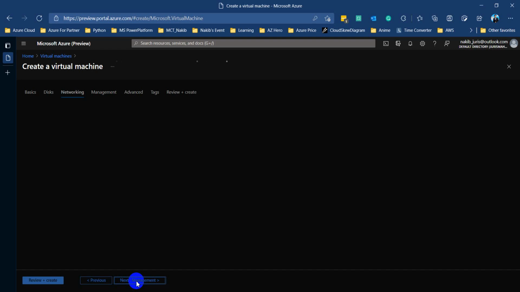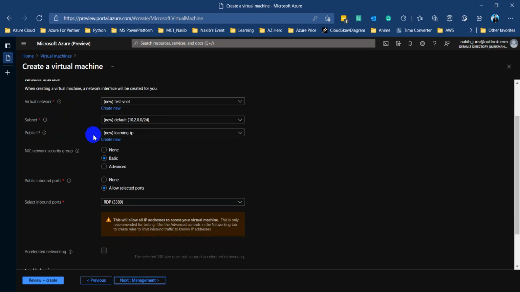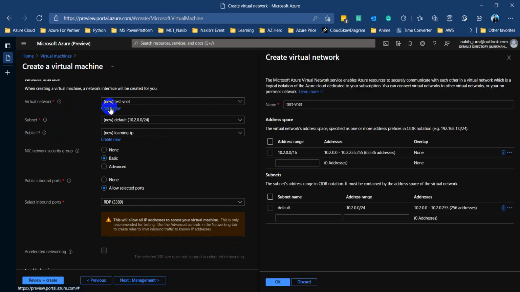So I'm clicking next. Here is the network part. If you have a specific network policy or network connectivity requirement for your organization to connect this machine, you can easily create a new virtual network based on your requirement. You can change the address range, address space, subnet mask, all the things in here.